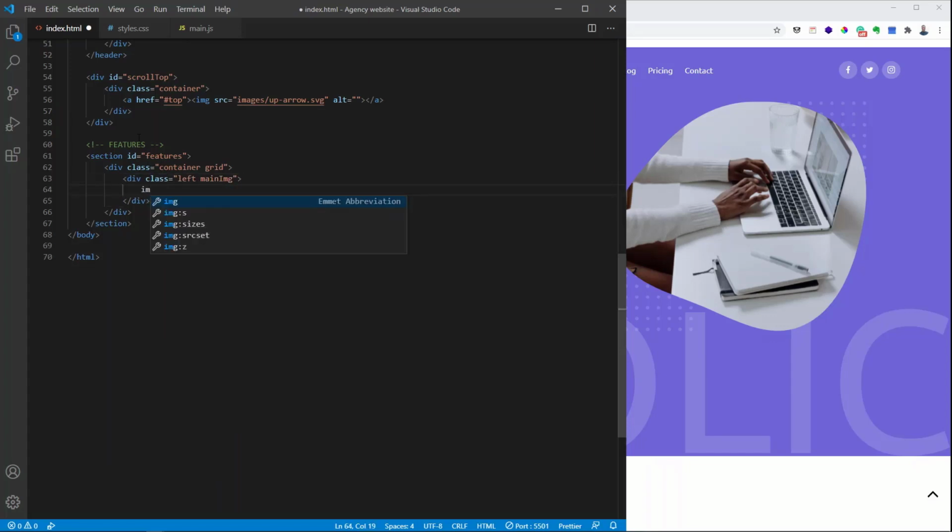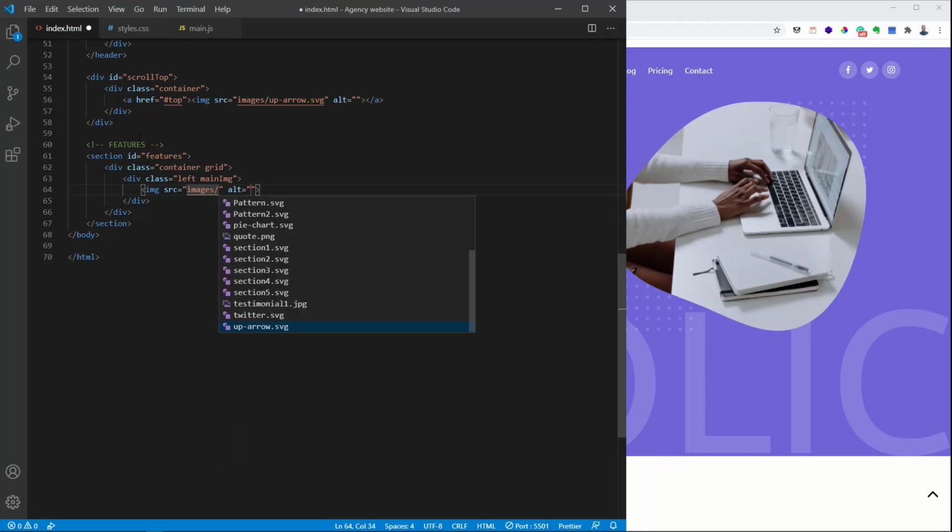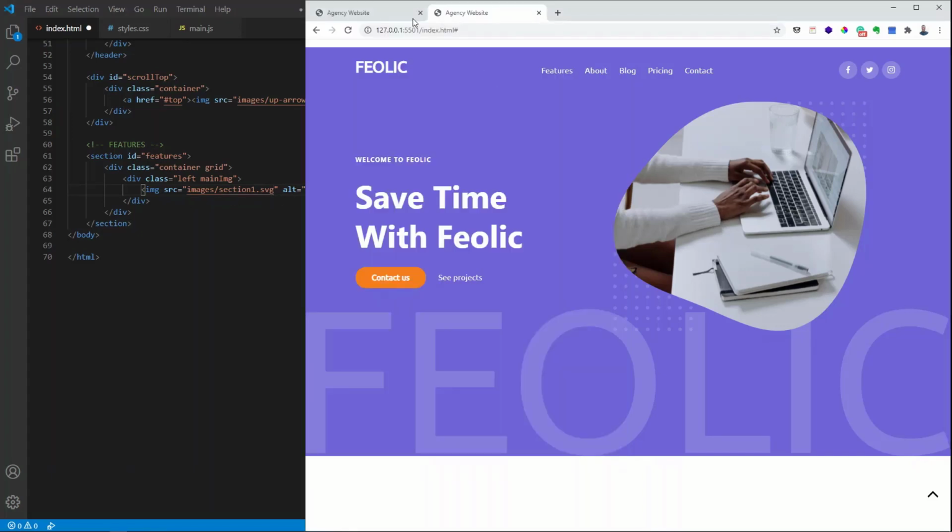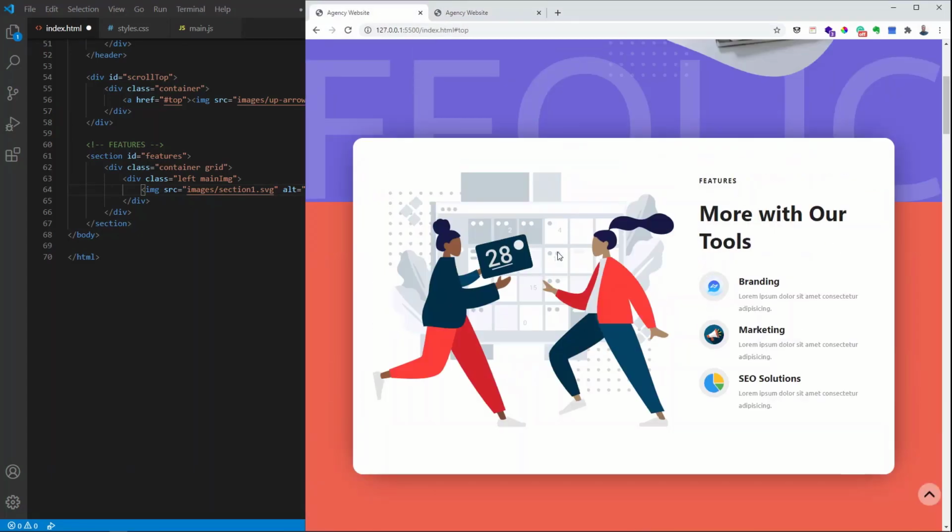So I'll use the image tag. The source will be images/section1.svg. So the main image,